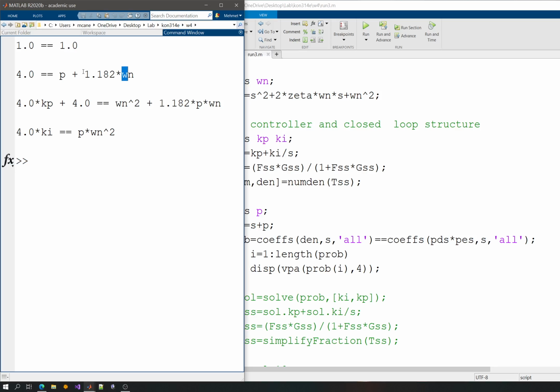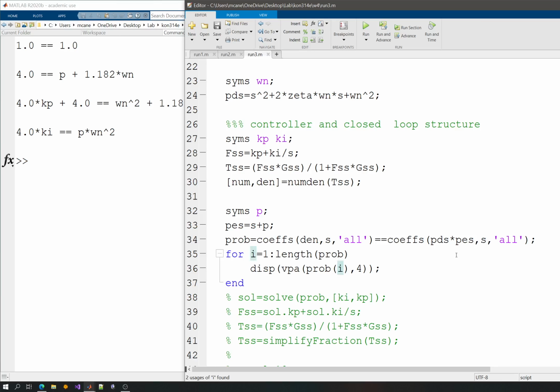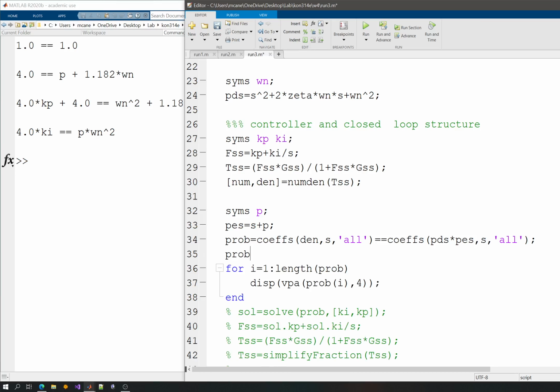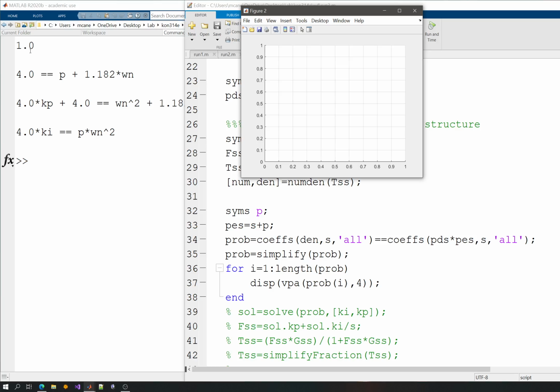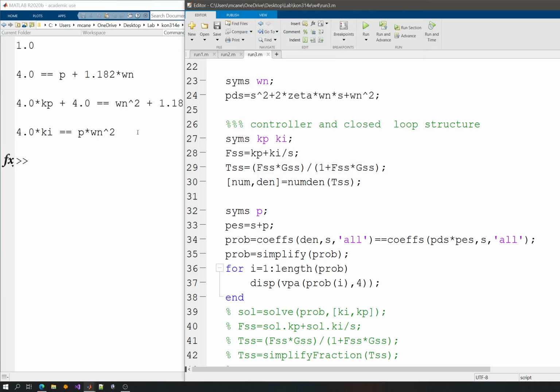So basically, I have 4 unknowns, if I'm counting right, and I have 3 non-trivial equations because this equation doesn't contribute to the problem. It's just a trivial one, and if I use simplify on the problem here, I will see that this will be converted into a true statement. You can see that this is just 1, which means true, and it doesn't mean anything for me. So I have 3 basically